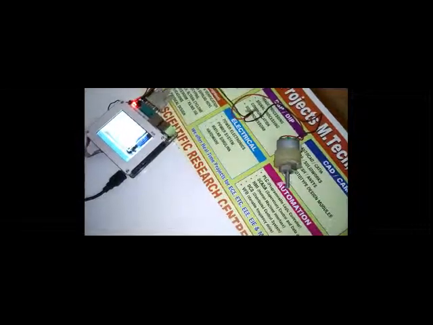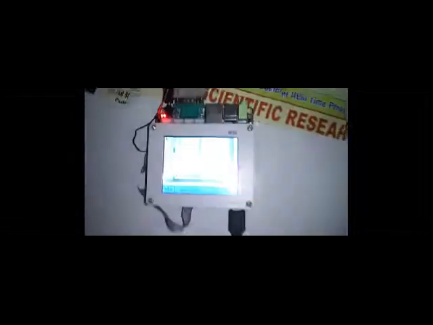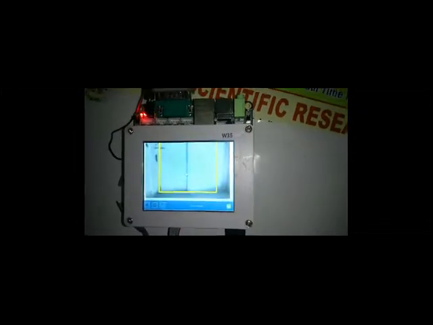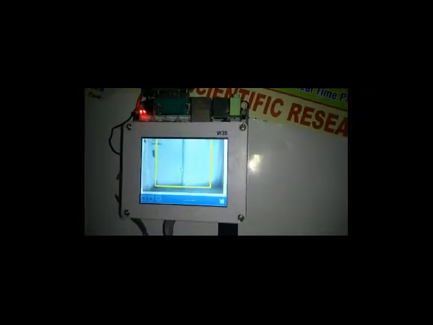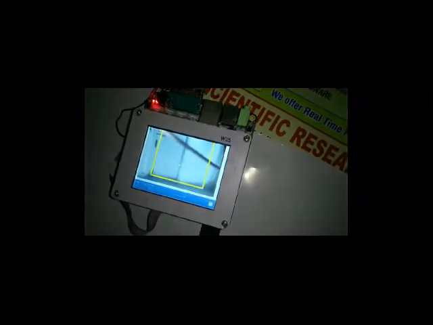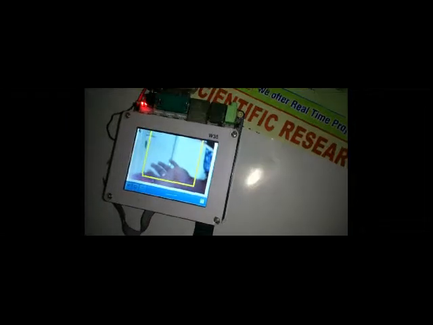This is assumed to be a car, and we are going to arrange this camera in real time, so in front of the camera it is going to detect pedestrians. Whether the pedestrian is detected or not, let's have a look on this touch screen. Right now there is no pedestrian, so we have a blank yellow box with a green light.